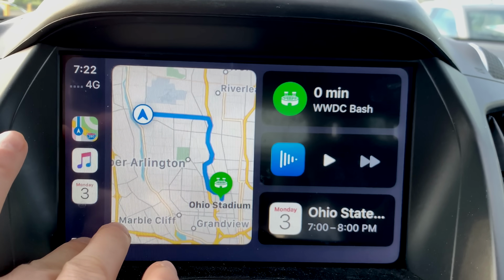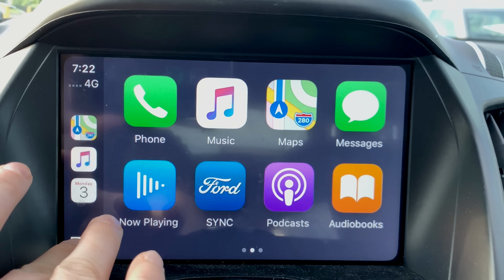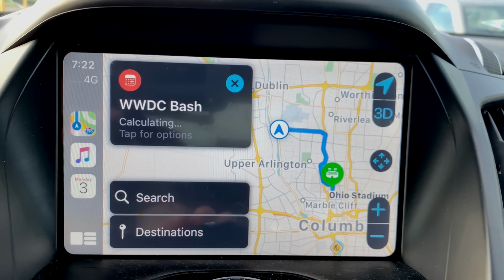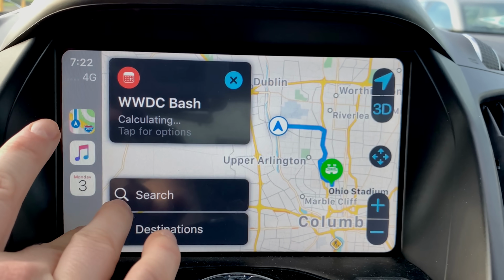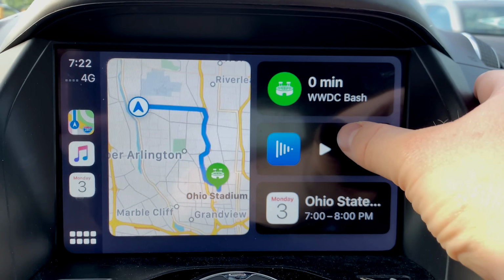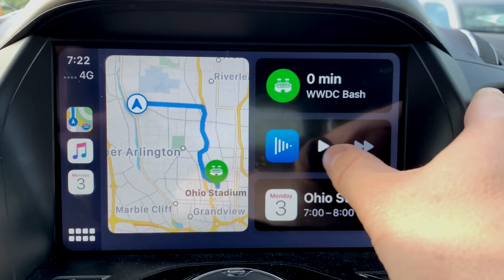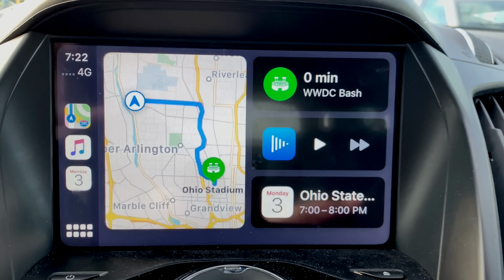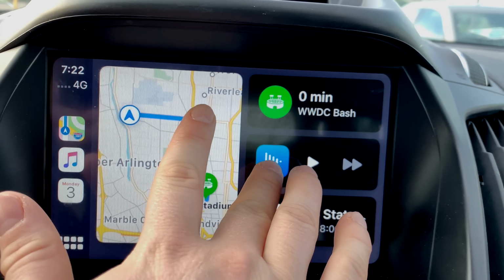Lastly is CarPlay. CarPlay got a big overhaul, the biggest overhaul since it was released. You can now toggle between the normal home screen app view and the new dashboard. The new dashboard combines different parts into one handy view for while you're driving, such as the maps on the left, access to your Now Playing screen, if I can actually tap on the icon appropriately, but jumping into your